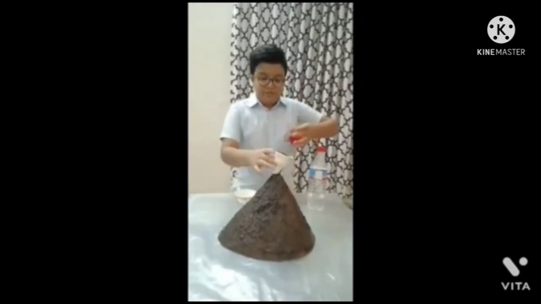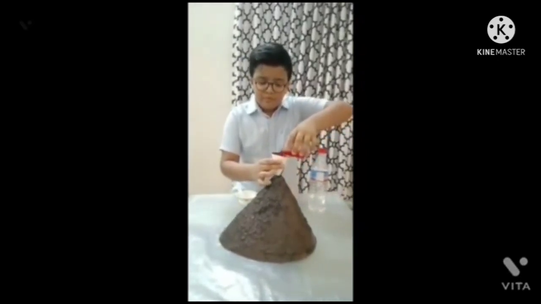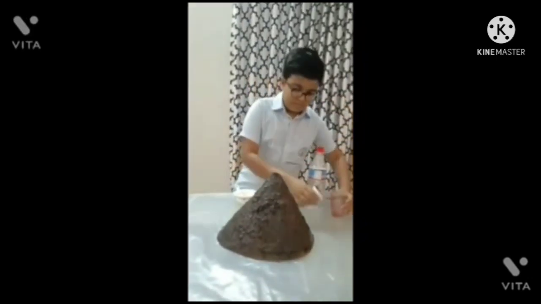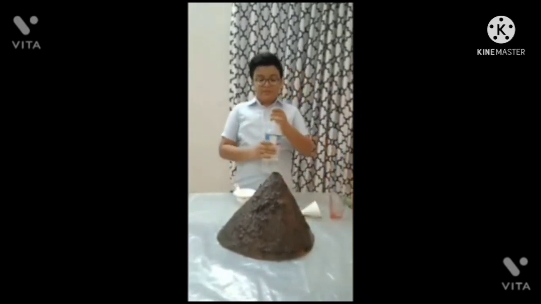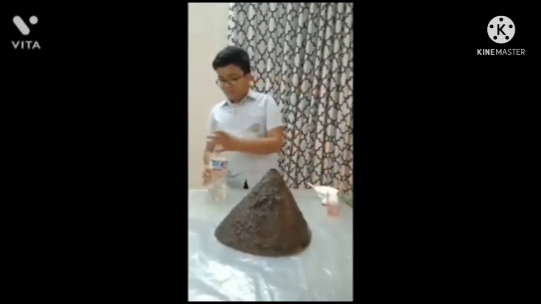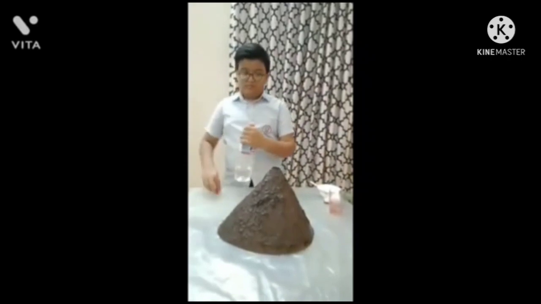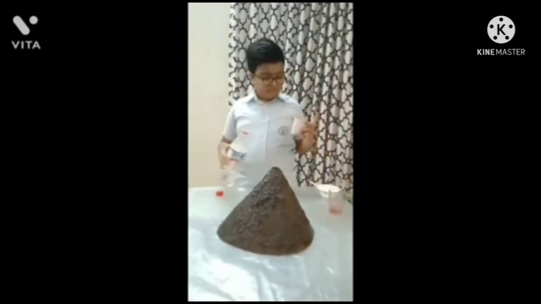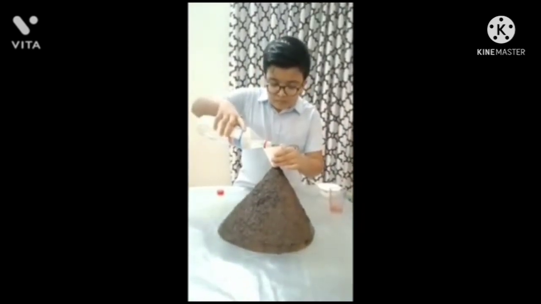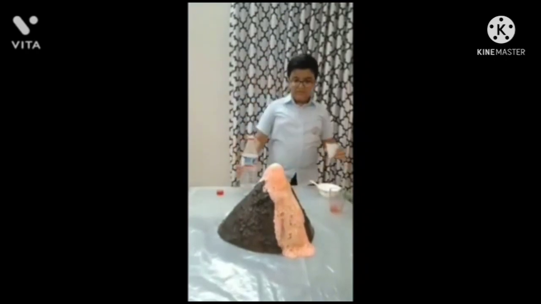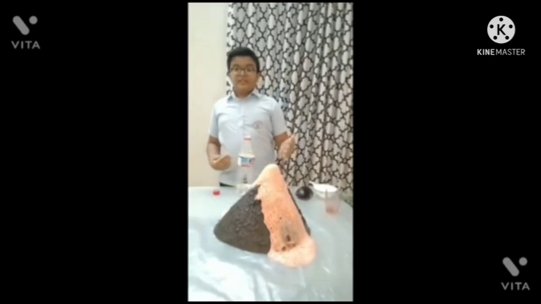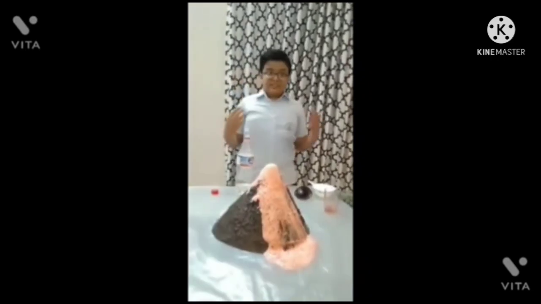Now red food color. Now we are going to put vinegar onto it. Now you can see the volcano has erupted. It occurs because when baking soda is reacted with vinegar, carbon dioxide gas is